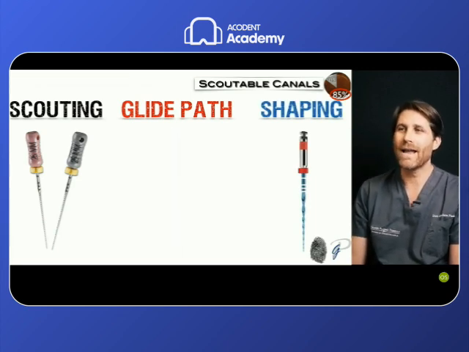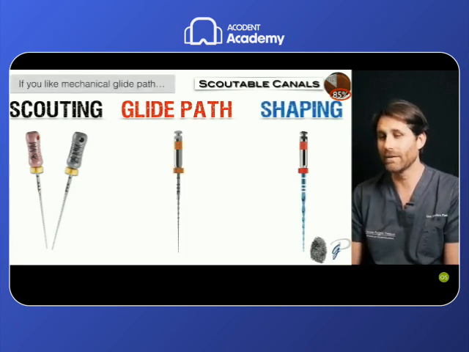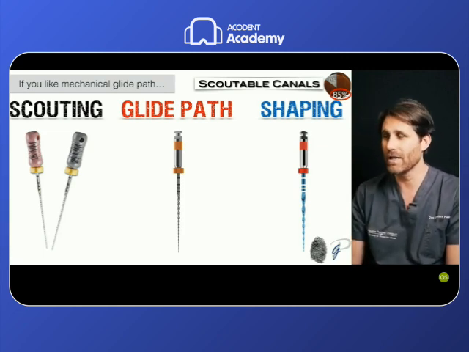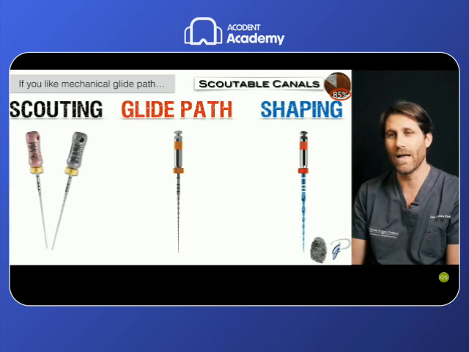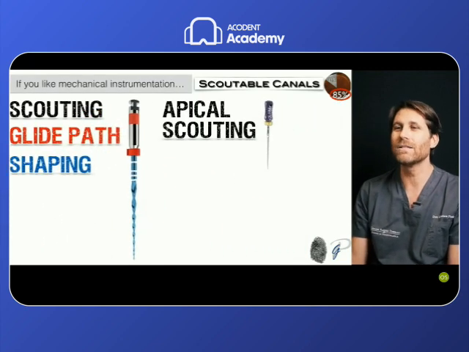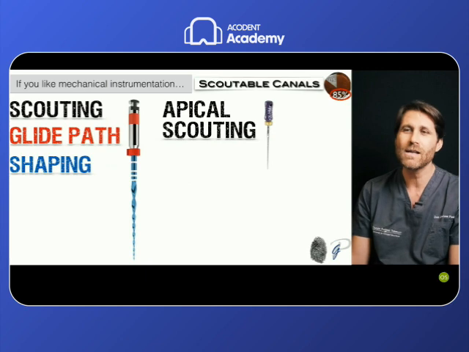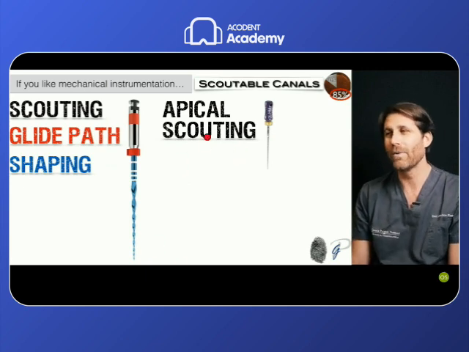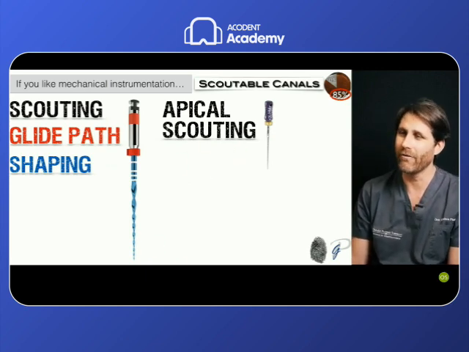If you like a mechanical glide path, after the stainless steel scouting we can perform a mechanical glide path with a reciprocating glide path file, and then the shaping with our instrument of choice. If you like mechanical instrumentation in general, we can perform scouting, glide path, and shaping with our instrument of choice, just limiting the apical scouting to a manual stainless steel file.